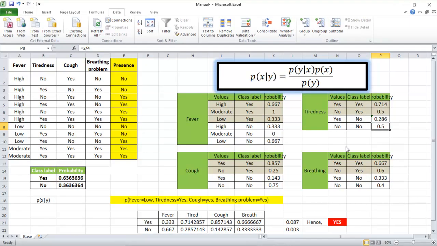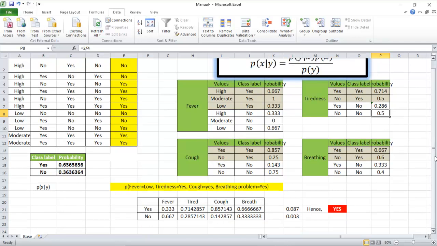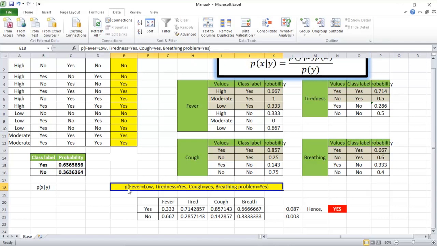Now once having calculated all these things, if new data comes in, how will the system predict? Now a new patient comes; let's assume his fever value is low, he has tiredness. Yes, he is feeling very tired and he has a cough. So yes or no, what do we mean? We have a threshold value of that many coughs per minute. When it crosses, we say it is yes or no. Okay, so it depends on how we interpret the data set. Breathing problem is there? Yes. Now, what to do?